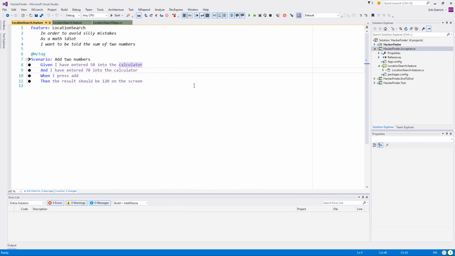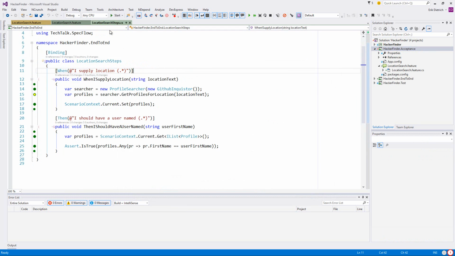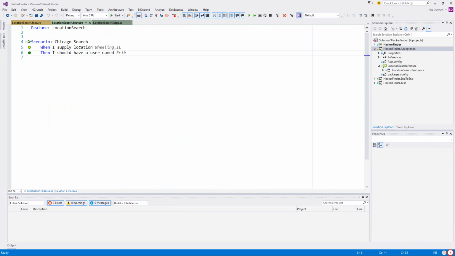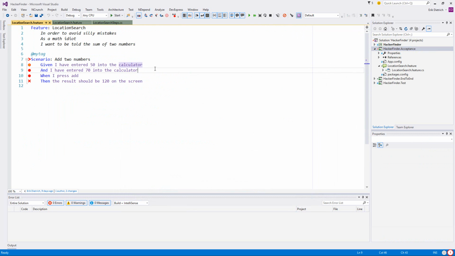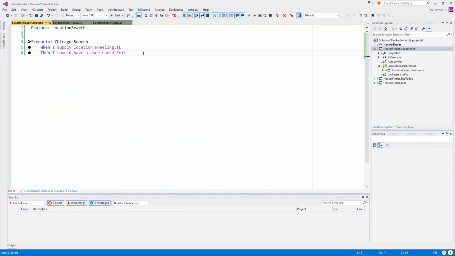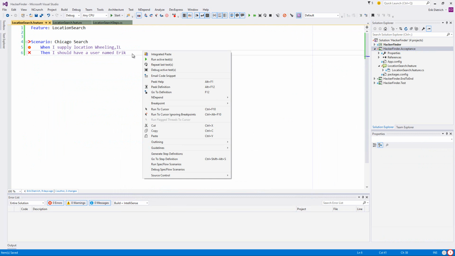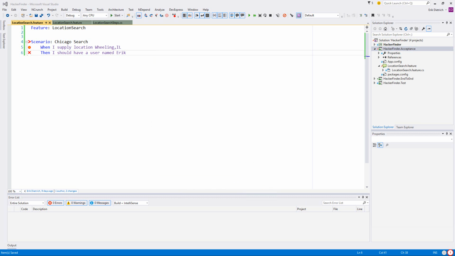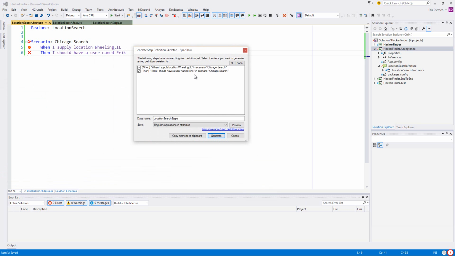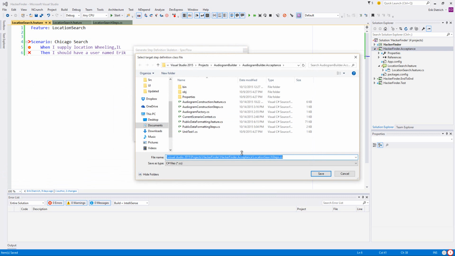You're not necessarily getting an awesome look at the completely clean best practices in terms of SpecFlow, because I'm not that familiar with it, but I am kind of learning it as I go and reading on the side here and there about how to use it. Generate step definitions. This is always on my second monitor. So it pops up a message and I have to drag it here so you can see it.